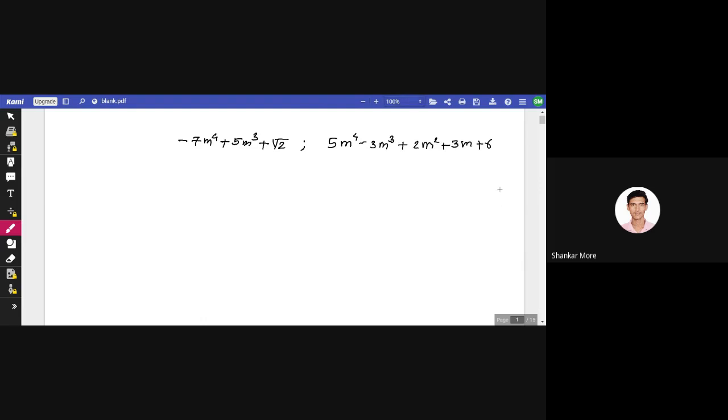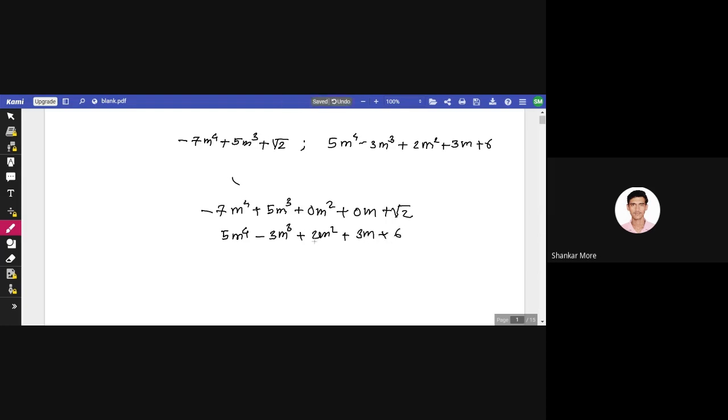So see, minus 7 m raised to 4 plus 5 m cube plus 0 m square plus 0 m plus under root of 2. Then we have 5 m raised to 4 minus 3 m cube plus 2 m square plus